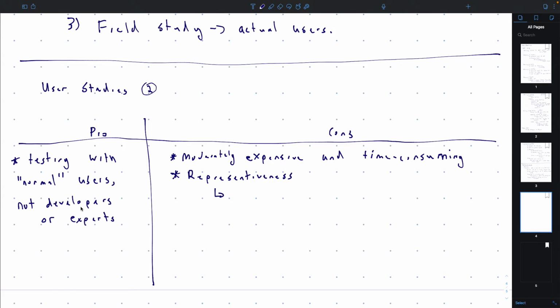Right? So there's certain demographic properties where you're going to differ from the general population, and you therefore might differ from the actual target for the software that you're developing and testing the usability of.